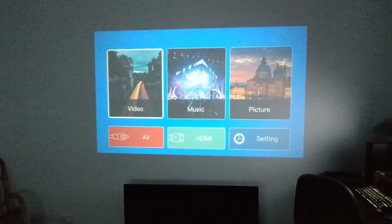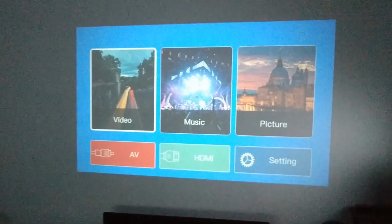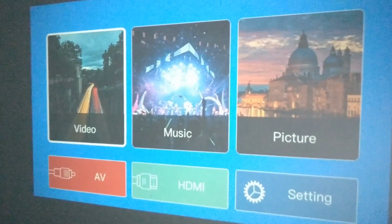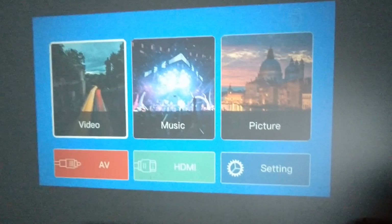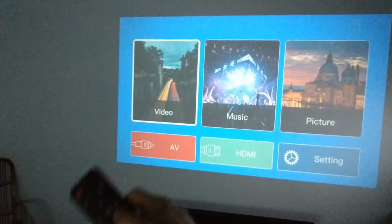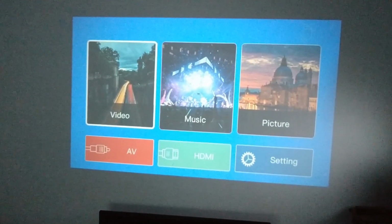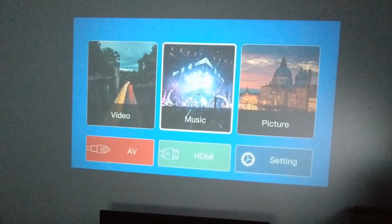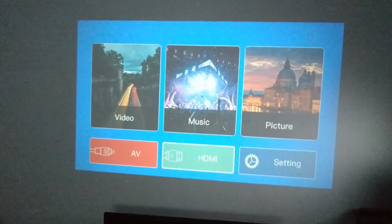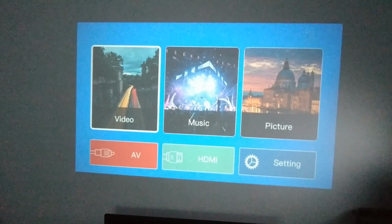Like I said before, this is the janky menu. It reminds me of those old school Android TV boxes that people used to get. Anyway, I've got my trusty remote. I've got to point it directly at the front of this, but you can see the remote highlights these different bits. We can select HDMI. I don't have the HDMI set up right now. All I've got is the little USB plugged into it. So I'm going to choose video,